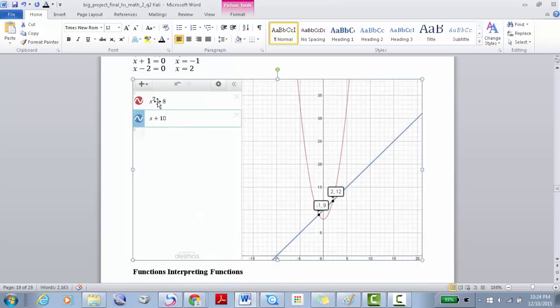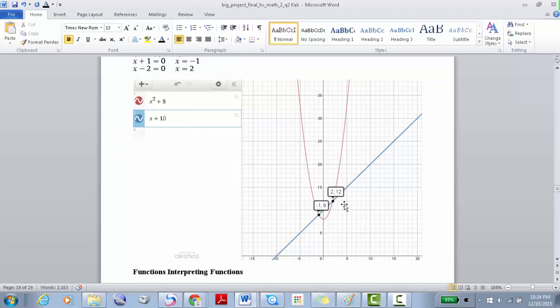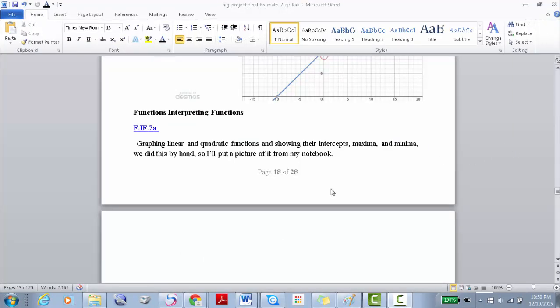This is the graph. There's the graph of x squared plus 8 that's represented by the red one, and there's a graph of x plus 10 that's represented by the blue one. As we can see, we were right, because it says x equals negative 1 and x equals 2, so the places where the parabola intersects the line are negative 1 and 2. Moving on,